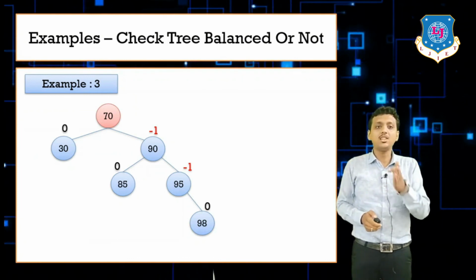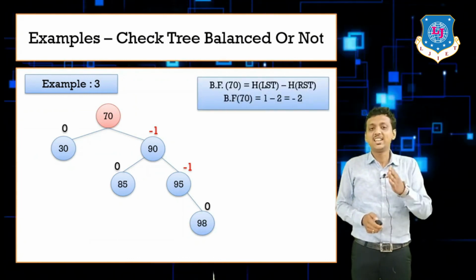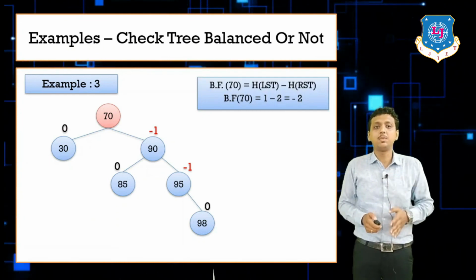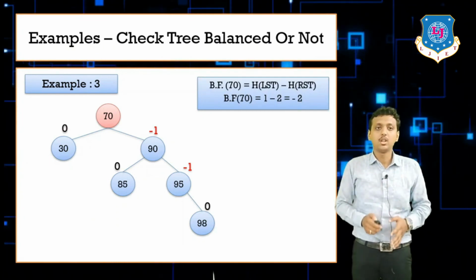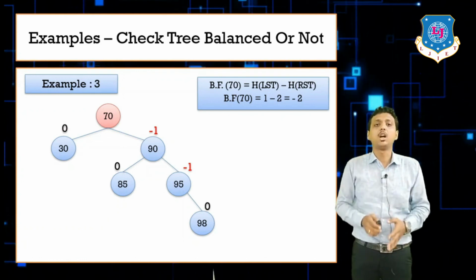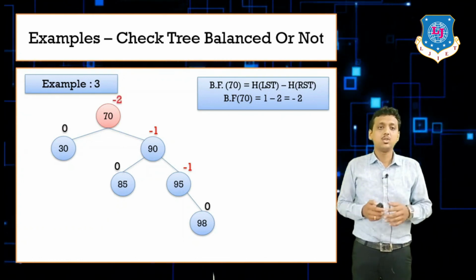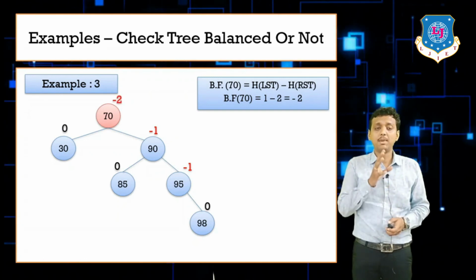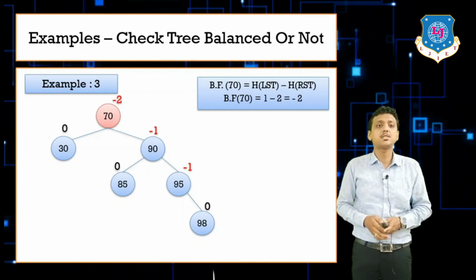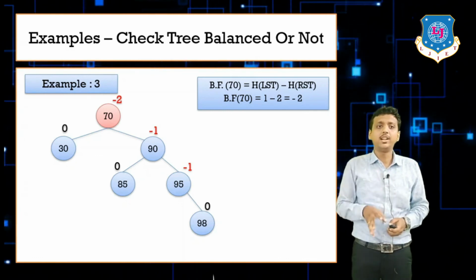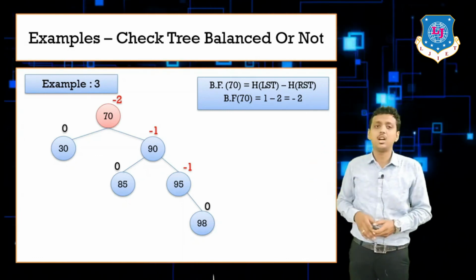So what is the balancing factor for root node 70? That is 1 minus 3, which becomes minus 2. So the balancing factor for node 70 is minus 2. So this tree is violating the rule of an AVL tree. That's why it is known as an unbalanced